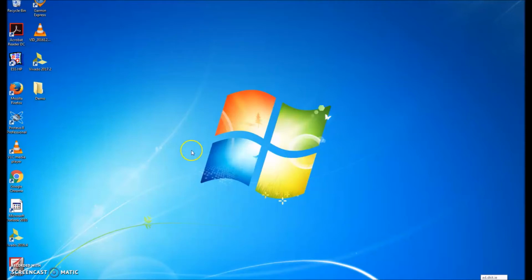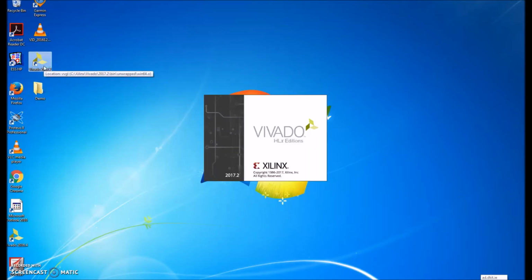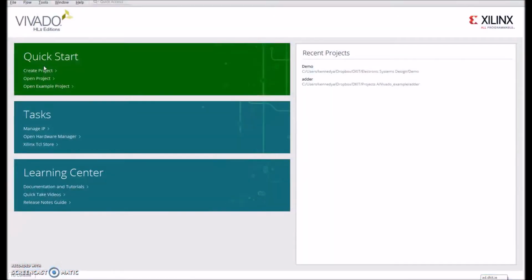In this tutorial we're going to use the Vivado 2017.2 software to download a simple design onto the Basys 3 development board. The first thing we're going to do is select Create Project,